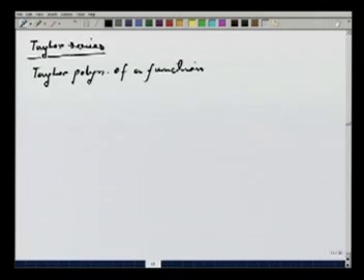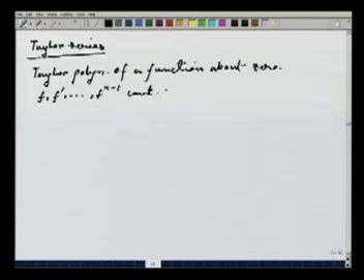Around 0, let us say. It's usually called the Maclaurin polynomial about 0. What is that? We have proved that if f prime up to f n minus 1 are all continuous on [a, b], and f n exists, then I can write f(x)